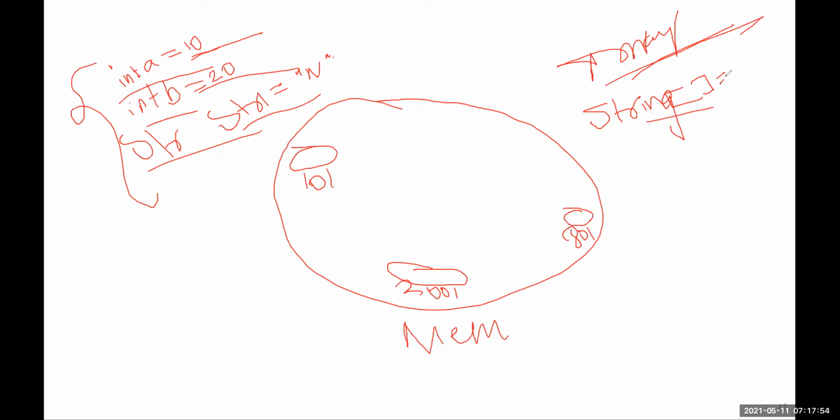That is why we use the keyword new string and mention the size here. When I give 3, Java understands I need 3 memory locations for this array variable. So it is going to allocate 3 consecutive memory locations.